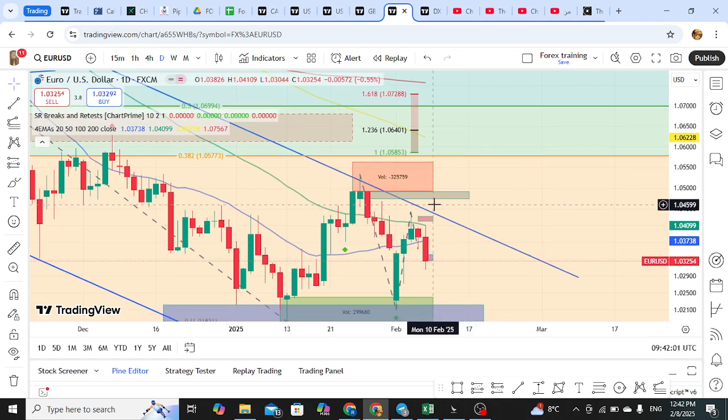So the question to myself, there is a trend line and an order block and resistance. Should I sell from here? Should I sell from this level, or should I sell from this level? In some cases, I might use multiple positions or multiple trades in such cases. For example, I might use this trend line and the order block and choose to trigger a short trade